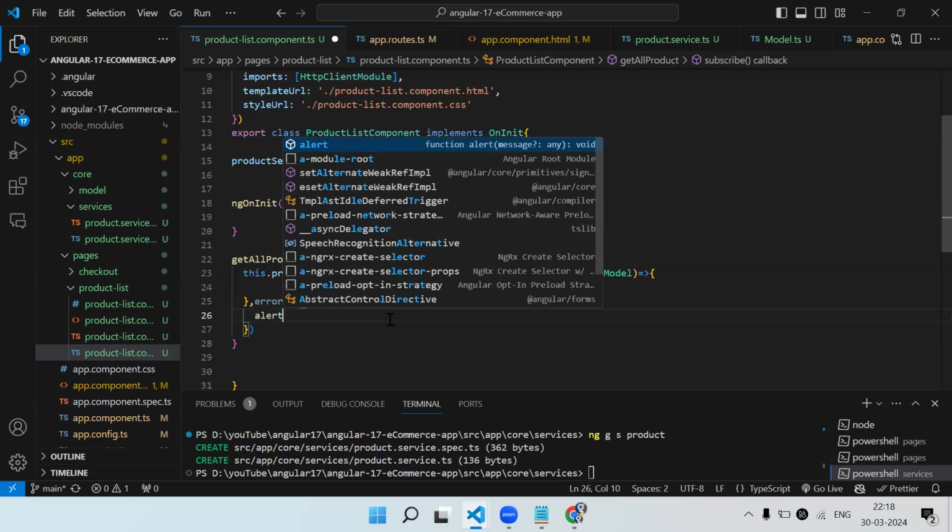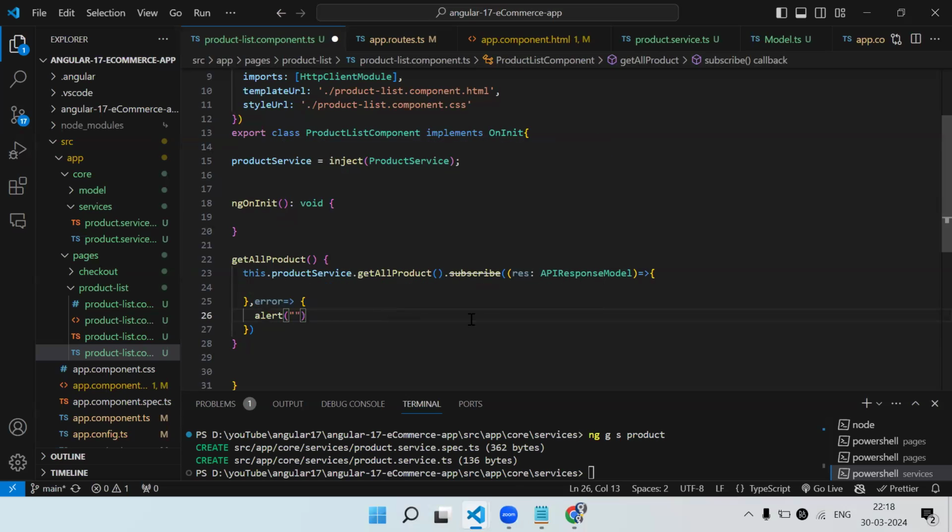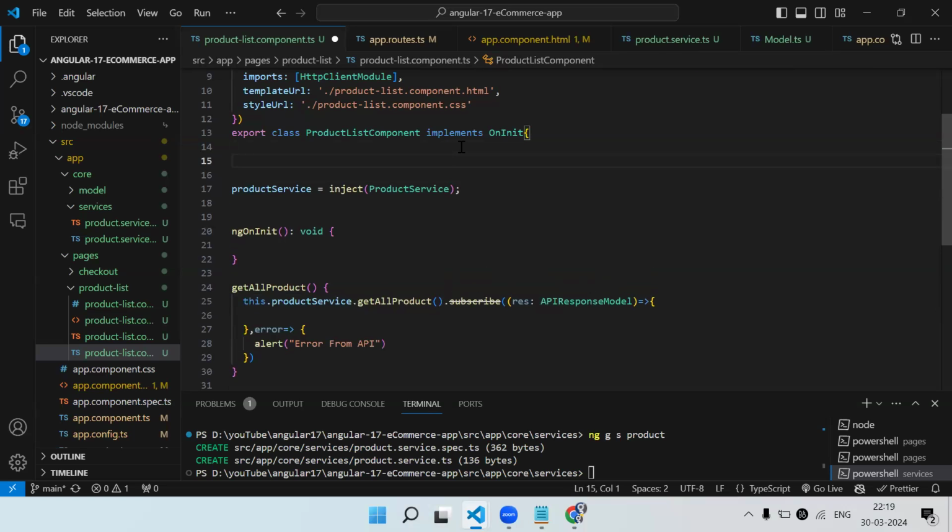And here we will simply write API call error, or in the error only you will get whatever error they are going to return from the API call. I'm just writing error from API. Now, this function is going to make an API call, and whatever data we get, we need to store it somewhere. So let's say product